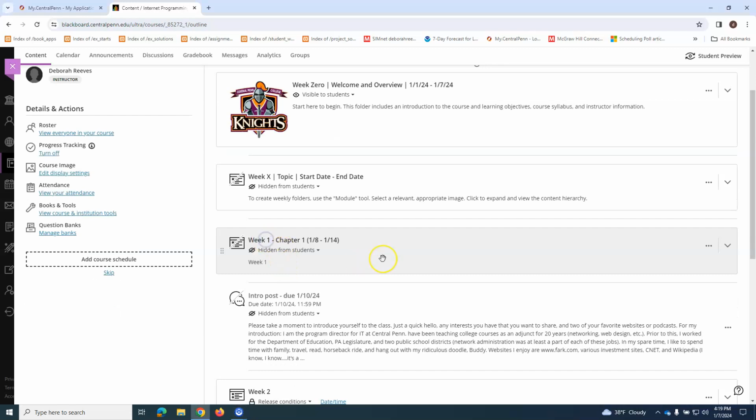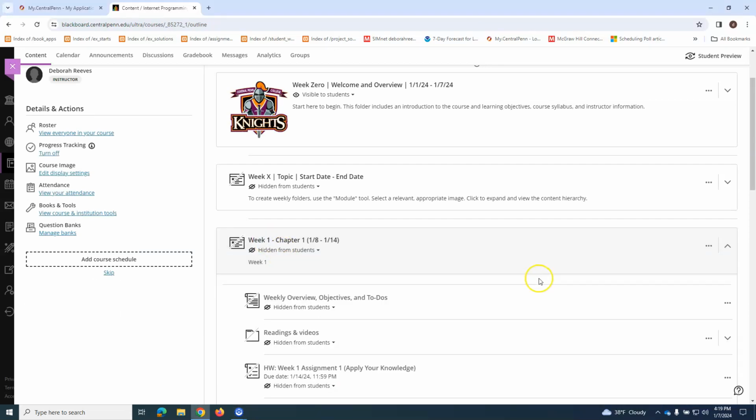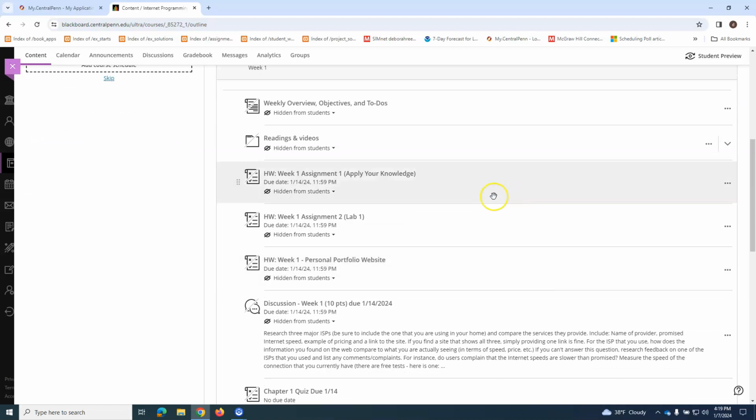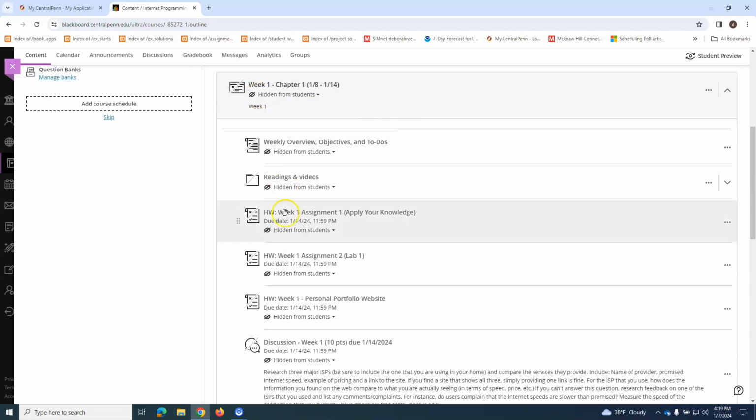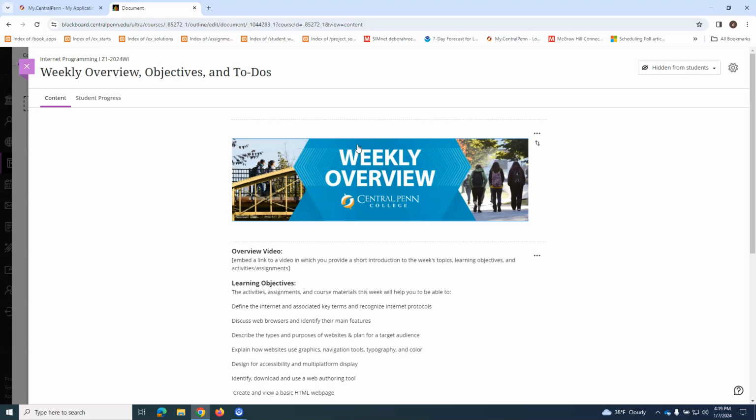So if you go into week 1, which starts tomorrow, every single one of these weekly modules is set up exactly the same. So once you get familiar with week 1, you should have no trouble with any of the others. The first thing I have is the weekly overview, objectives, and to-do. This is important because